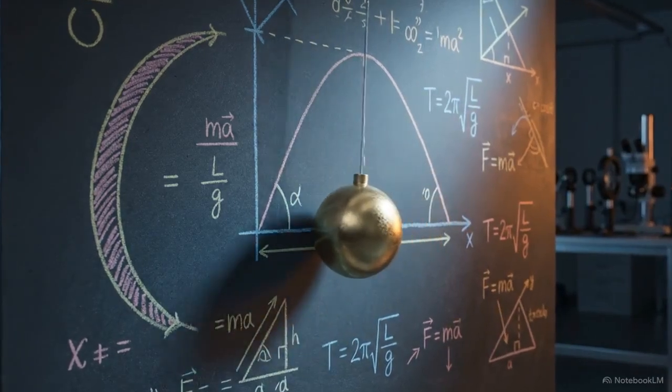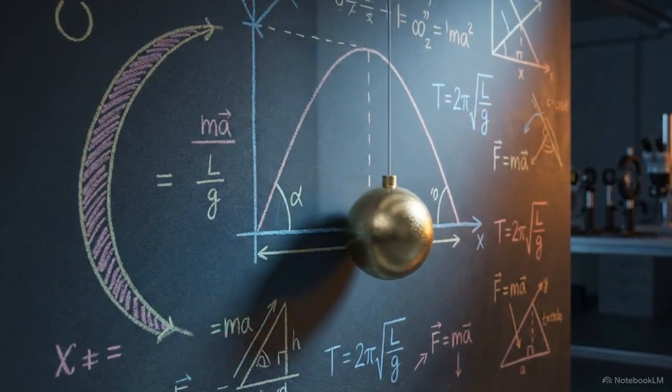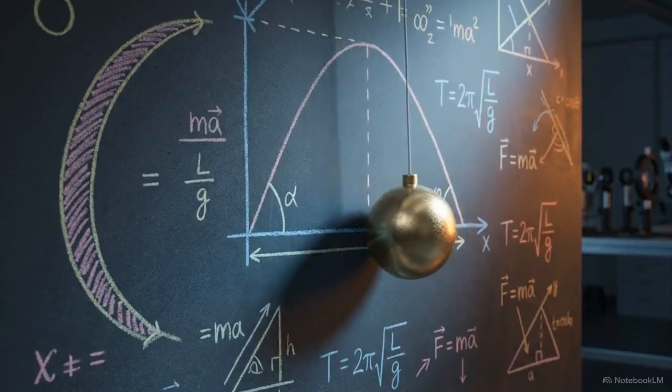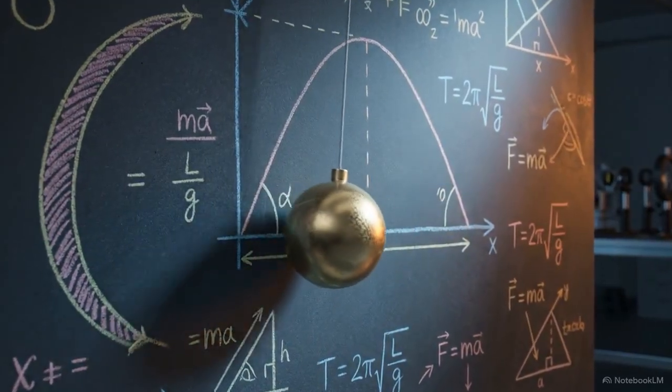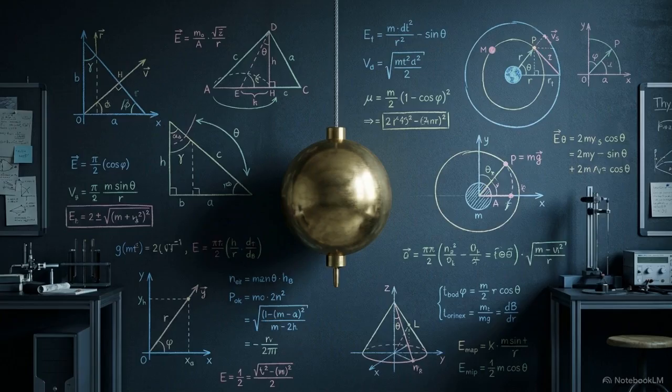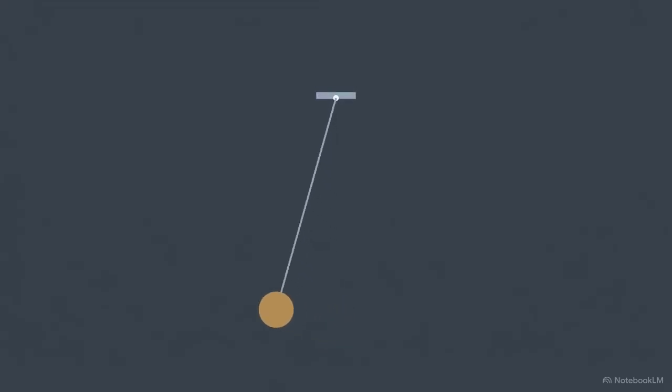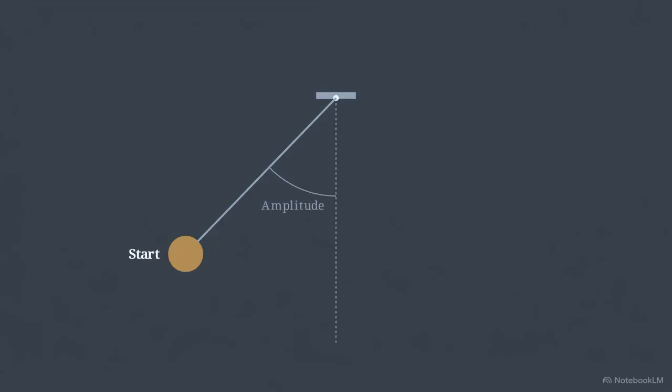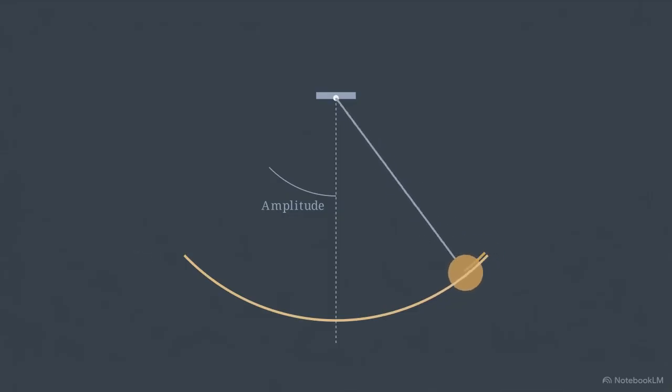Watch this motion, a simple weight on a string swinging back and forth in a constant hypnotic rhythm. Yet this unassuming device hides a complex interplay of forces, prompting us to ask what exactly controls its precise repeating rhythm. The defining characteristic of that rhythm is its period. This is the exact amount of time the pendulum takes to complete one full cycle, swinging from left to right